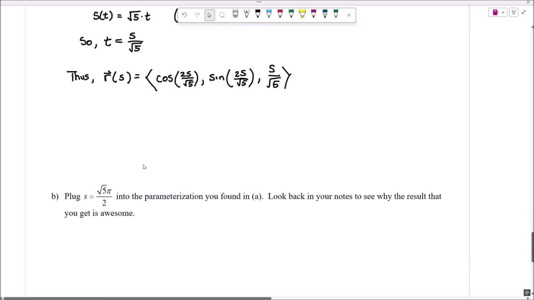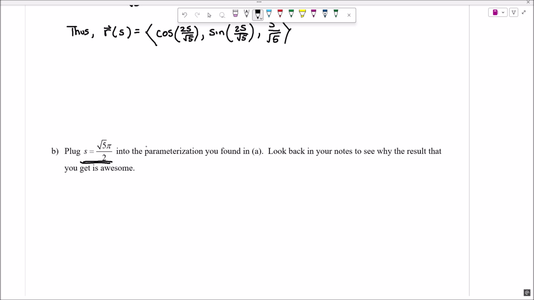So if you take a look at part B, now I could ask some questions like, okay, if I wanted to now move along this curve 1 unit or 2 units, I could just plug in the associated number. So take a look here. Where would this function tell me that I would be located in space if I decided to move this distance along my curve? Okay, well, let's actually see what that would look like. If I went to my function and I plugged in square root 5 pi over 2, let's see what that would create. So I would have cosine of,